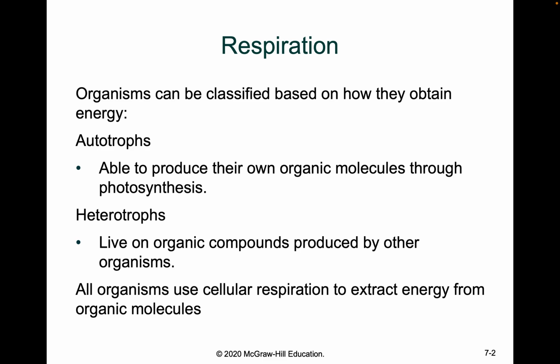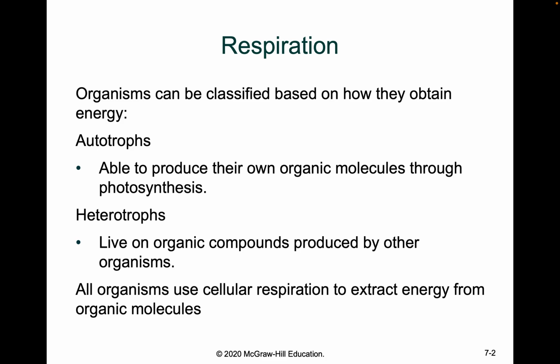And on Earth, there are two types of organisms in how they acquire this energy. You have autotrophs and you have heterotrophs. Autotrophs are more like plants or bacteria that are able to do photosynthesis. These guys are able to create their own organic molecules. So they take the energy from the sun, transfer it to them, and create the organic molecule. Once they create that organic molecule, they're able to break it down or oxidize it to get energy from it. So those are autotrophs.